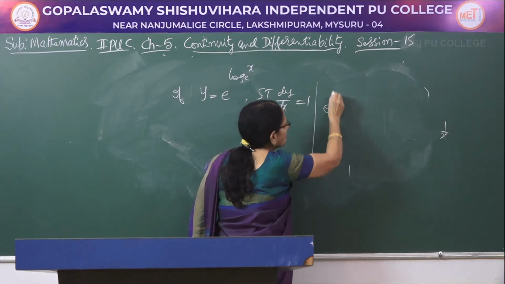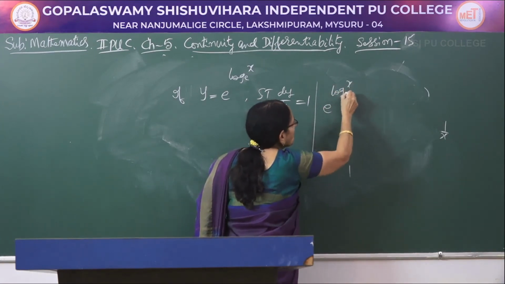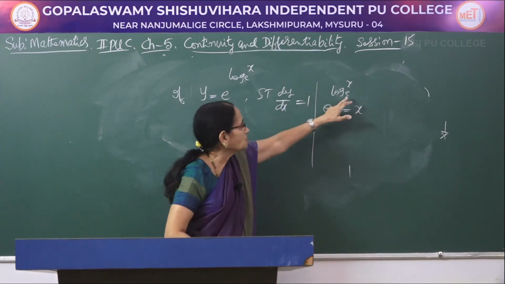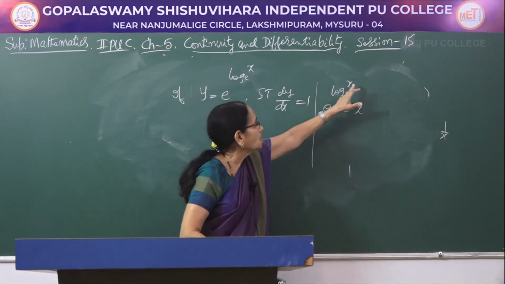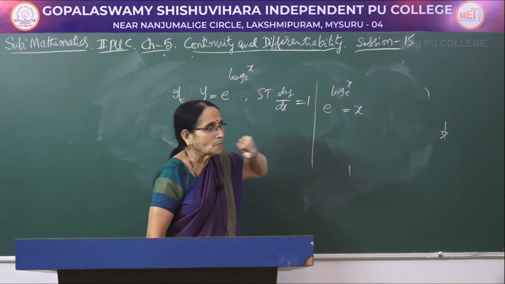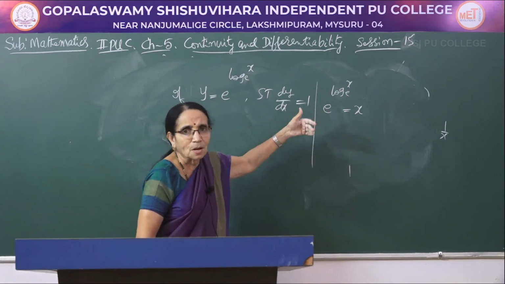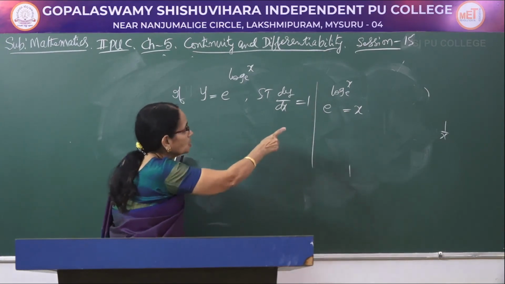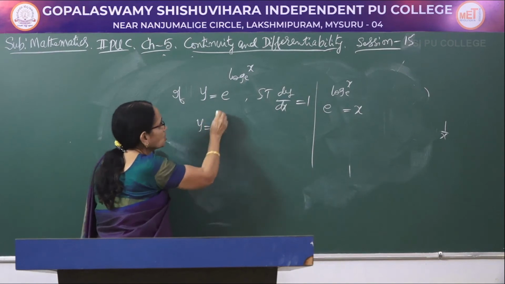The note is like this: e to the power log x to base e is equal to x. If this base and this base are equal, whatever function we are having can be written directly. It need not always be x, it can be sin x, cos x, tan x, whatever it may be, that could be written directly. I am using that information. So how do you write this one?